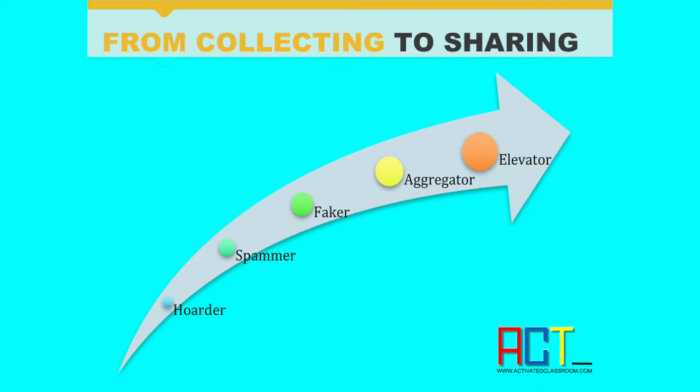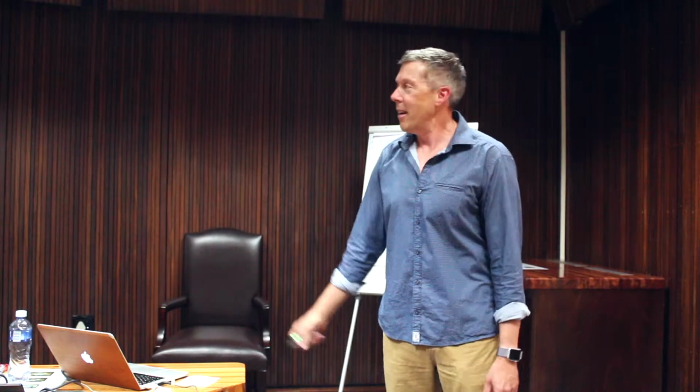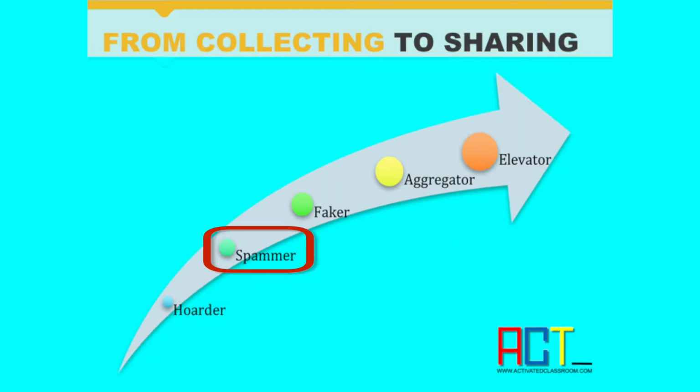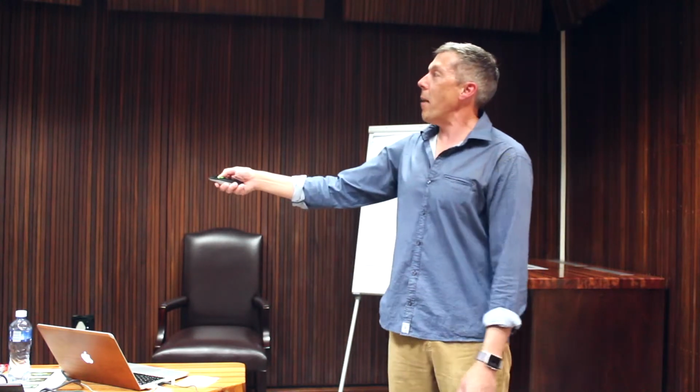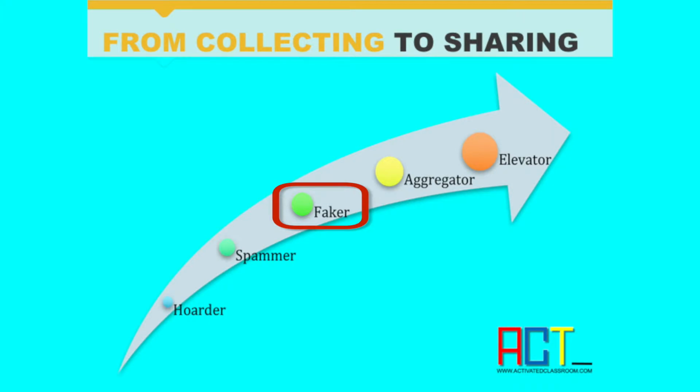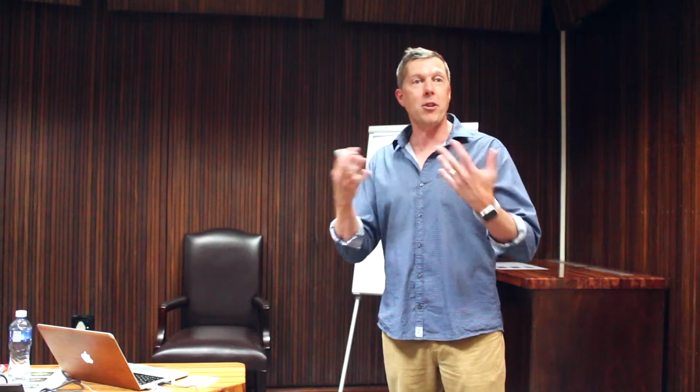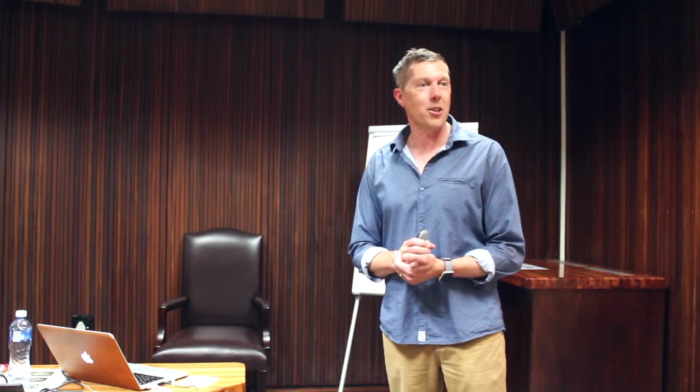Now, there are different types of curators. On the one end, you get hoarders. They're just people that save everything that ever gets sent to them. Then you get people that just spam everything they've ever collected onto everyone else. And so you get these emails from people that you never read because they're just passing it all on to you. They hoard, spam, hoard, spam. Then you can even get fakers. There's actually software that allows you to auto-curate based on keywords. And you can look really intelligent.